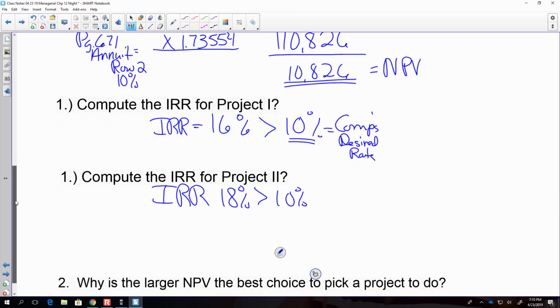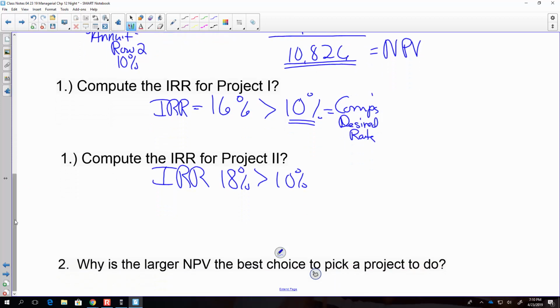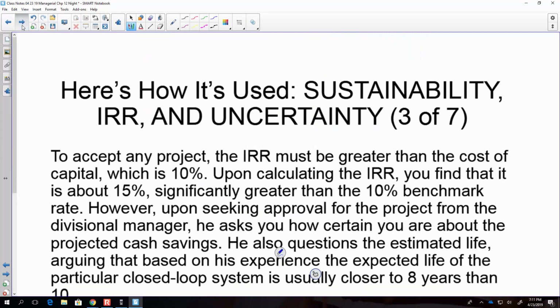So, according to IRR, which project should I be doing? Project 2, right? But net present value said which project should I be doing? Project 1. So now we have a dilemma. And the winner is net present value. If you have mutually exclusive projects, and that's what we have here,